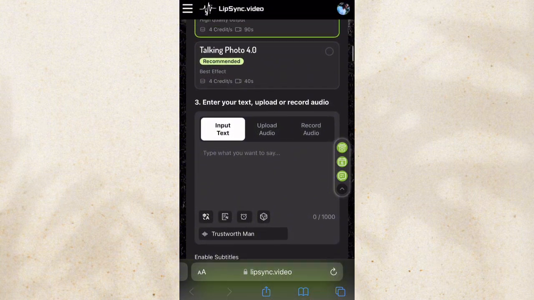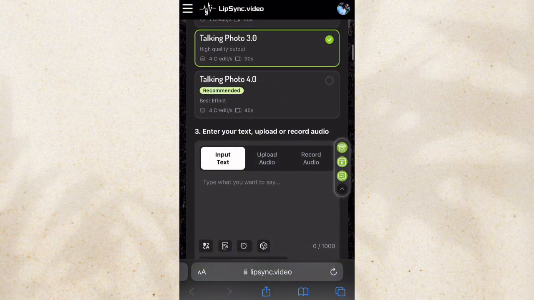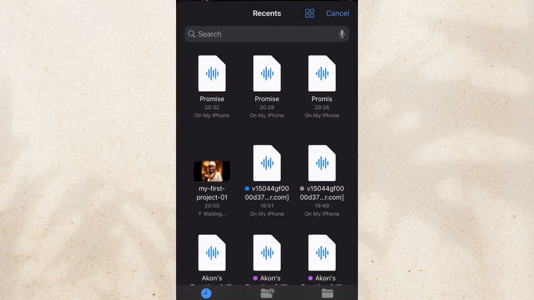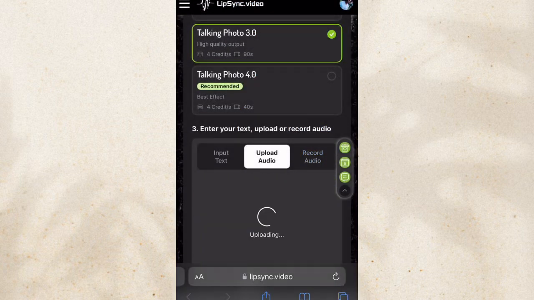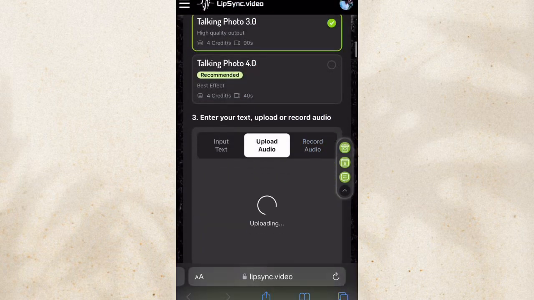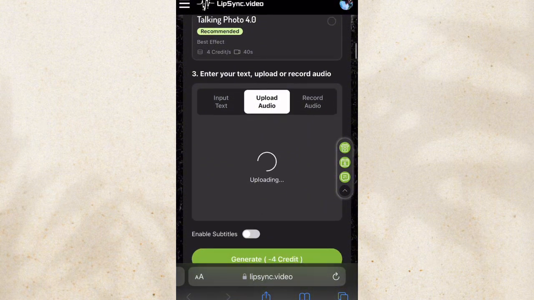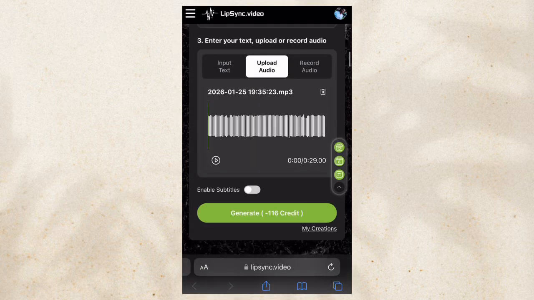After clicking on it, you come down here where you see enter your text, upload or record your audio. You click on upload audio, then you go to your file where you save your audios and upload the audio that you want to use.